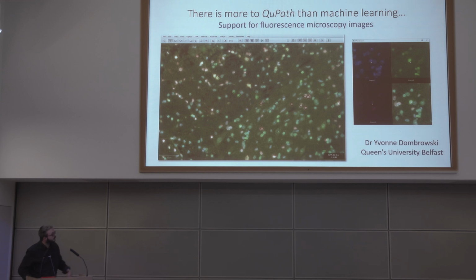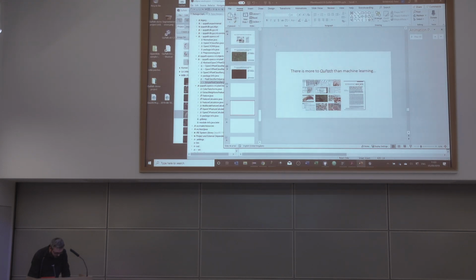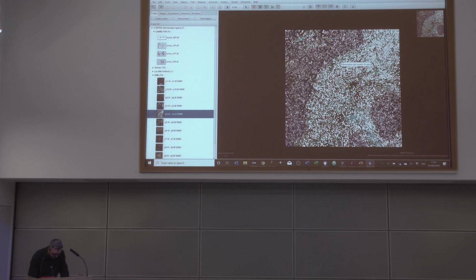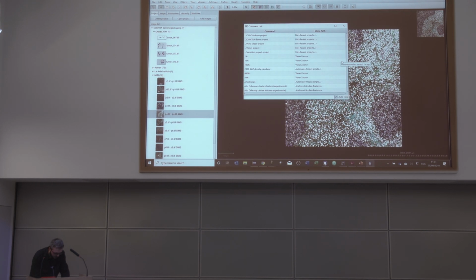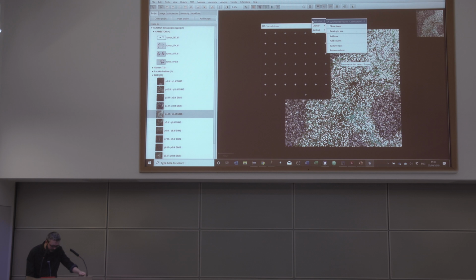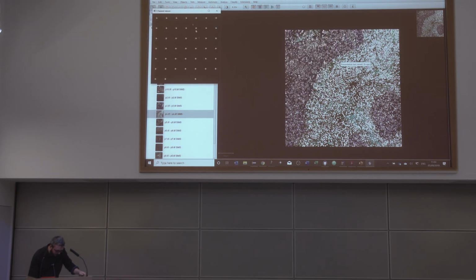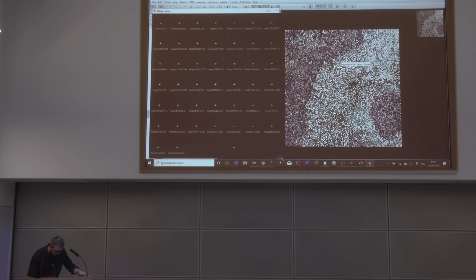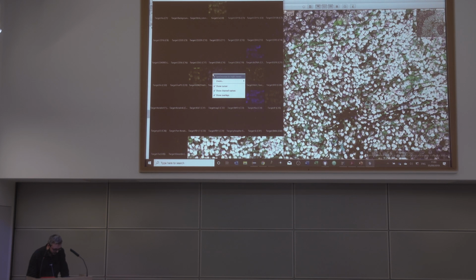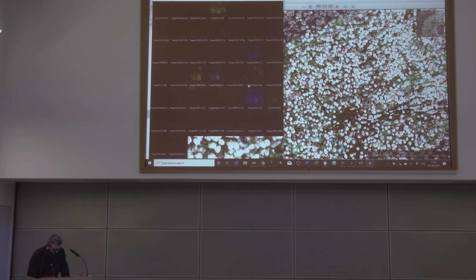More recently, though, I've introduced this channel viewer that allows you to visualize all the channels simultaneously. And I'll show in a moment, but I'll try and show it live as well. This should expand to quite a lot of channels. So if I open up the channel viewer, this is a multiplex ion beam image. 44 different channels. You can visualize them all simultaneously within QuPath,